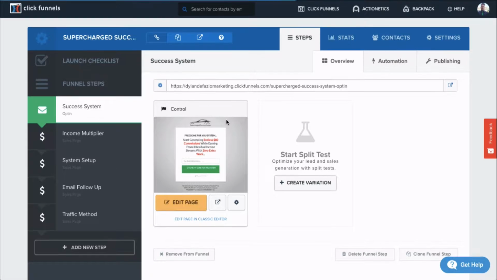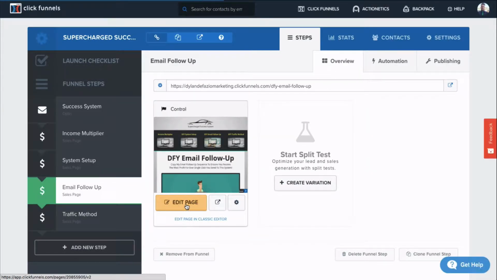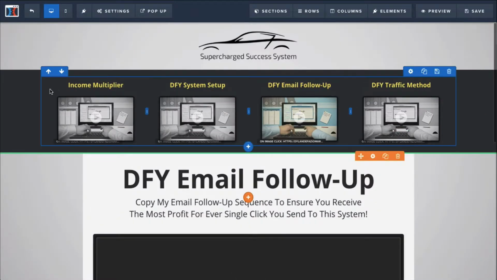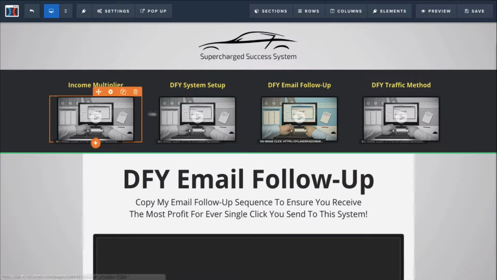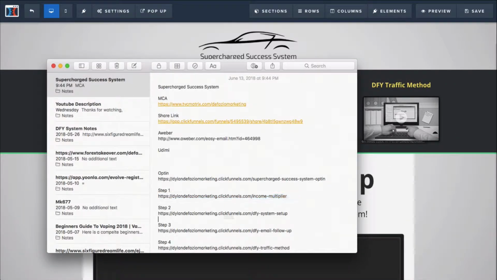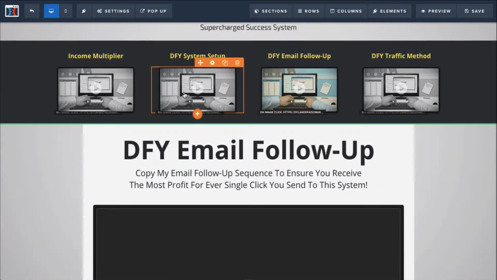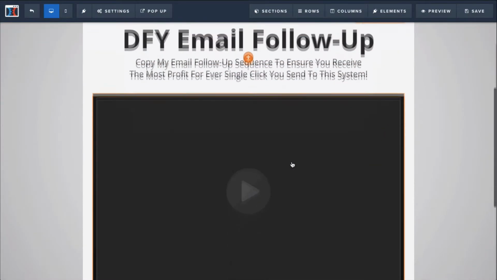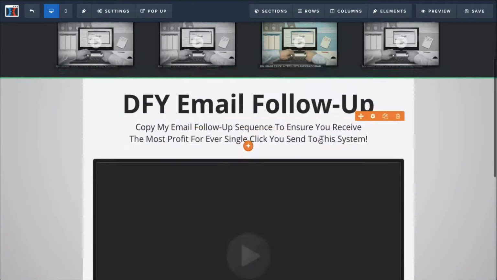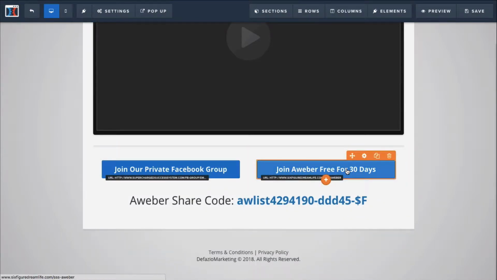Now that we have the Aweber affiliate link, we want to go into our email follow-up section of the success system, and then click on edit page, and make sure, if you haven't done so already, you change the navigation with the step-by-step links. If you need a reference on how to do that, go back to step number 2 and watch that video again. So make sure you change out the links for each step on the navigation, and then scroll down to the bottom, and the only thing you need to change here,